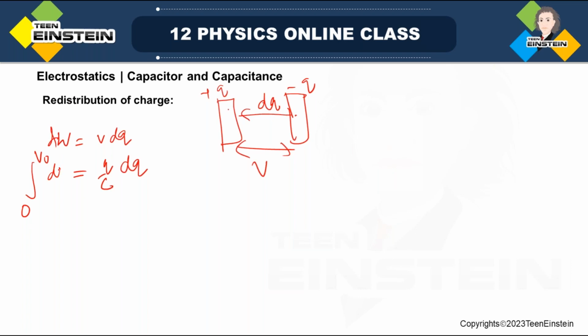So this is dw. dw is equal to this. So this will be V0 is equal to q by c. In the dq integration with limit will be, this is half q naught square by c. Okay, this is actually, I'm sorry, this is a work done,